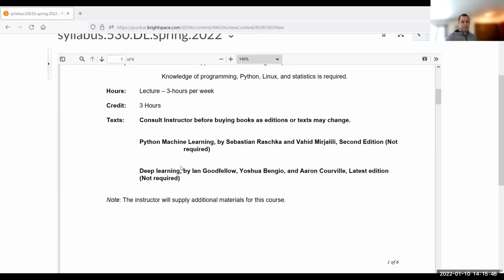There's also the Bible of Deep Learning, Deep Learning by Ian Goodfellow, Yoshua Bengio. These are like the godfathers of deep learning. This is obviously the Bible of it, but it's not a very accessible book. You can get it if you want to read it, but it's very math oriented. It's very foundations, and we're not taking that approach. But if you want to have it for your own library, that's certainly something you can do. Now, the books that